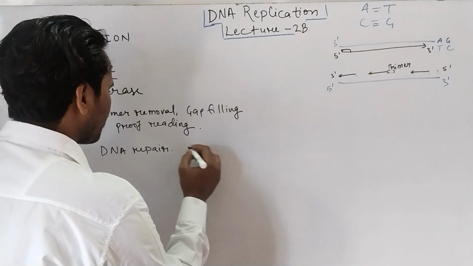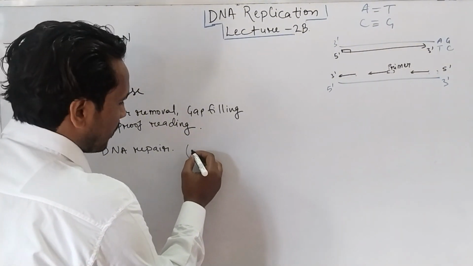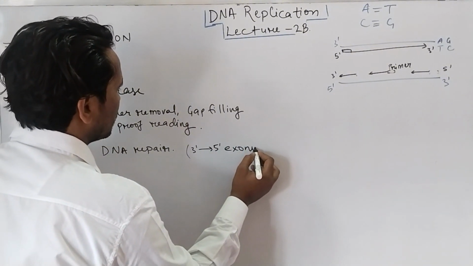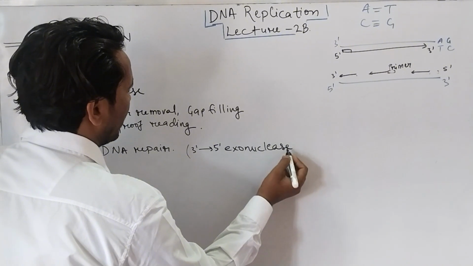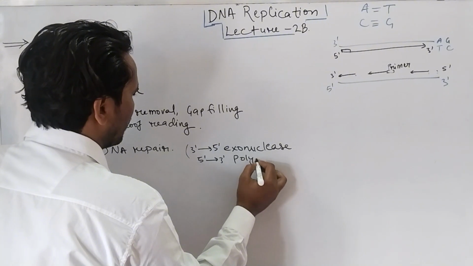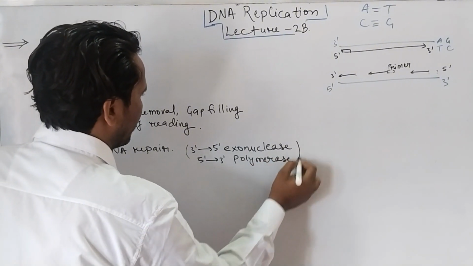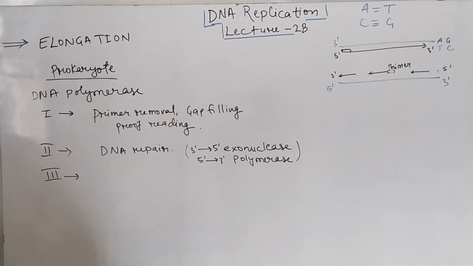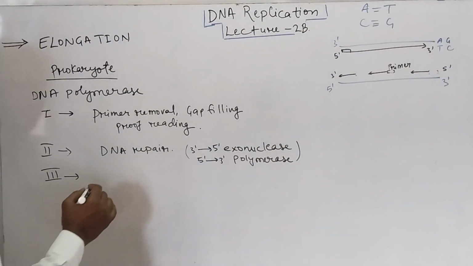So that will require 3' to 5' exonuclease activity, and 5' to 3' polymerase activity. Now the third one, and this third one is very important, which has a 3' to